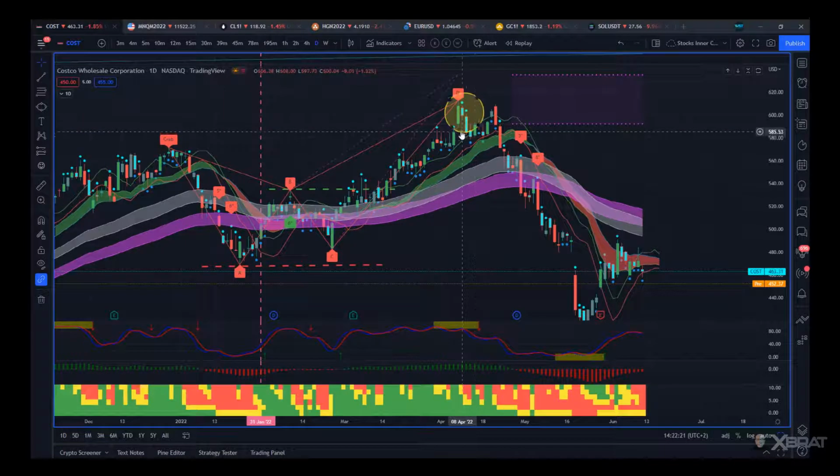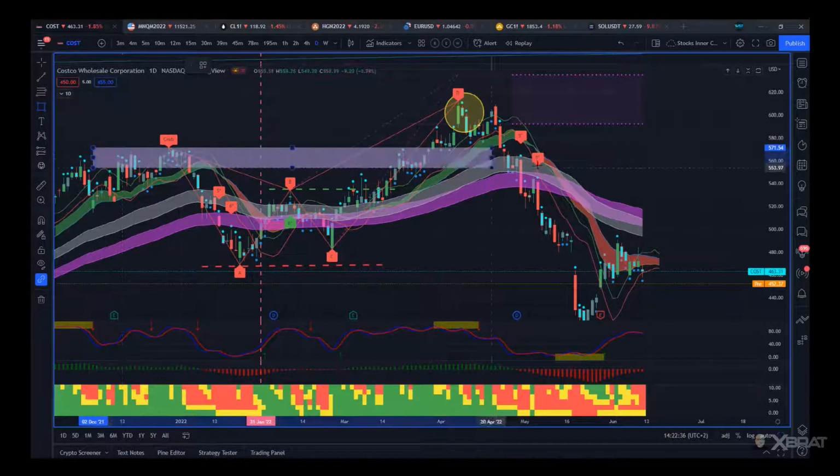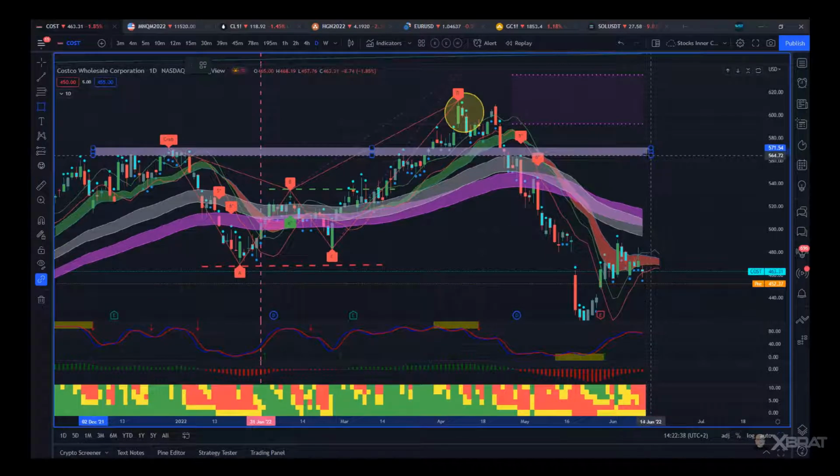So entry is quite difficult for this. One of the things to look at is this first pivot where the crab pattern started at there. Okay, look at this support right here that it found there. So let's just draw that in. Okay, so once it starts to move